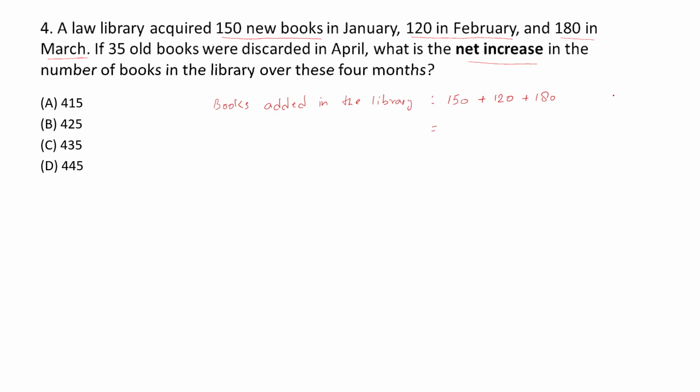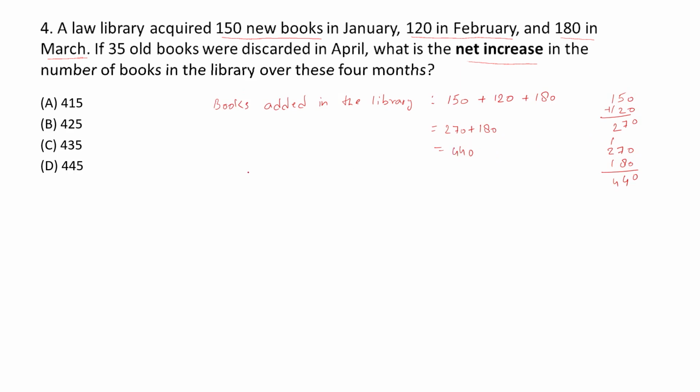You have to add them up. Let us do this addition. 150 plus 120 will do first. 0 plus 0, 0. 5 plus 2 is 7. 1 plus 1 is 2. So 270 in January and February, and 180 for March. Now add 270 and 180. 0 plus 0, 0. 7 plus 8 is how much? 14. One remainder. Let me write it over here. 2 plus 1 is 3 plus 1, 4. So 440 books in 3 months.